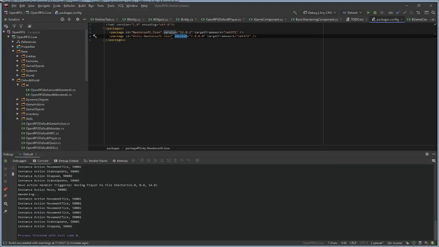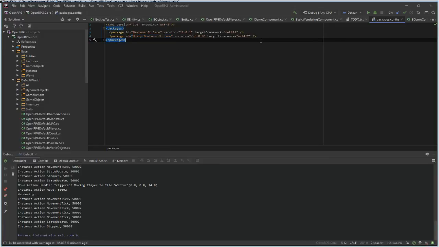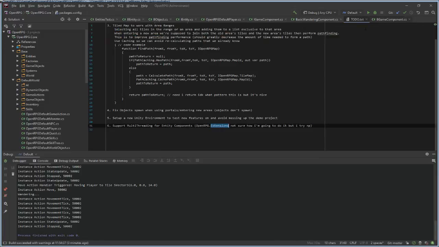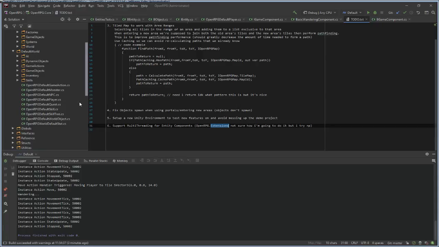I just want to get rid of Newtonsoft JSON altogether, so I don't have to do map serialization with JSON. It really takes a very long time to load a map, maybe 2 to 3 seconds to load a full map, and it's not that big.